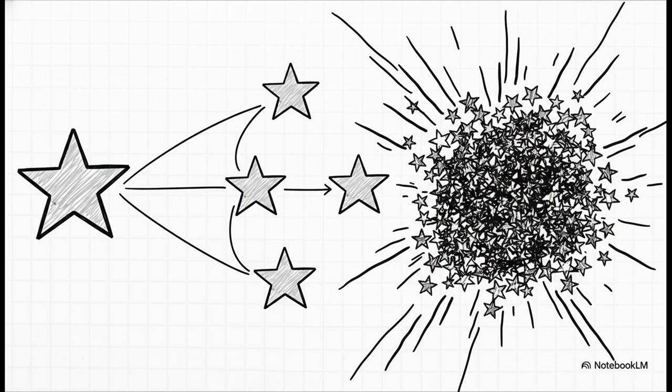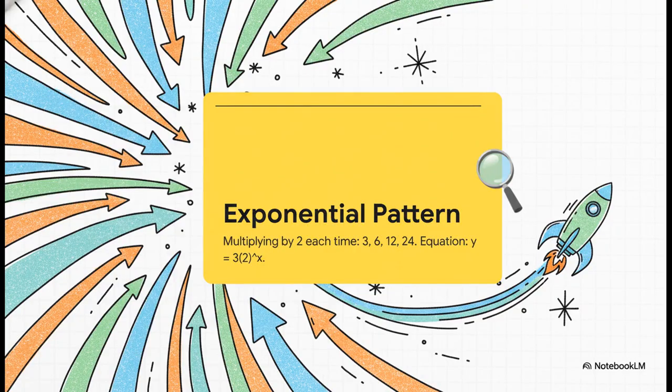But hold on, because the exponential equation format, y equals a times b to the power of x, changes the whole game. Notice how the x is now an exponent? That means we are no longer increasing by adding, we are multiplying. Here, b is the multiplier, and it acts as the explosive engine of growth. Watch how fast these numbers jump. Look at this pattern: 3, 6, 12, 24. Going from 3 to 6 is just a jump of 3. But from 12 to 24, that's a huge jump of 12. Because our multiplier, our b, is 2, the equation is y equals 3 times 2 to the power of x. It starts off small, but it rapidly gains some serious momentum.